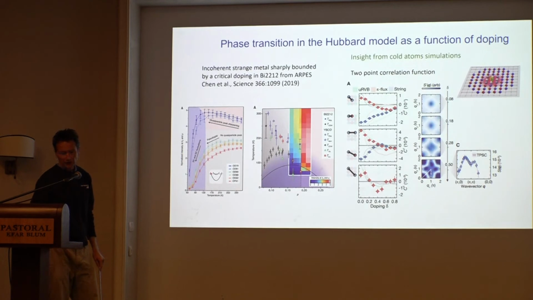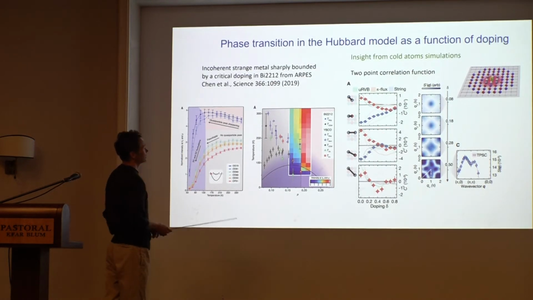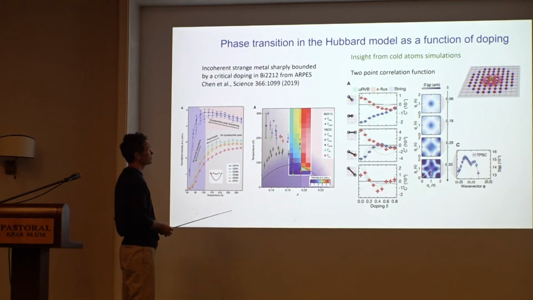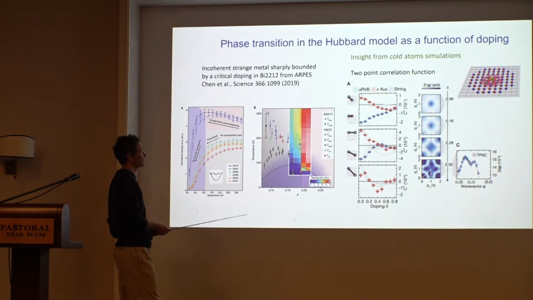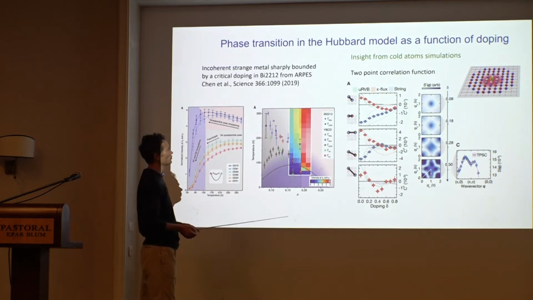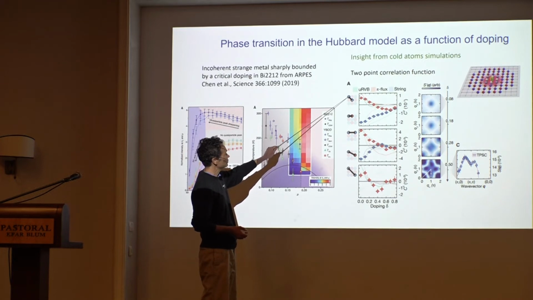So the group of Emanuele analyzed data on the quantum gas microscope, and I'll just show you some of the results and try to argue that we see the same crossover in their data. Again, the simplest correlation function that they looked at was just the 2-point correlation function, right? And they chose the ones which in an antiferromagnet, in a Mott insulator, look ferromagnetic.